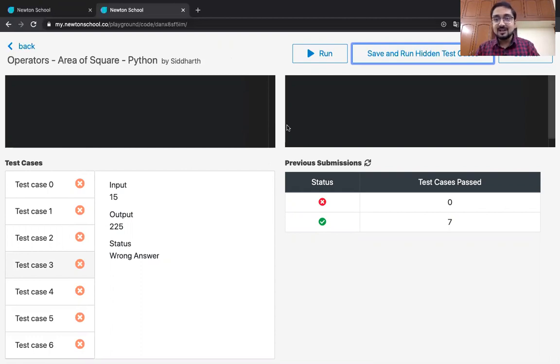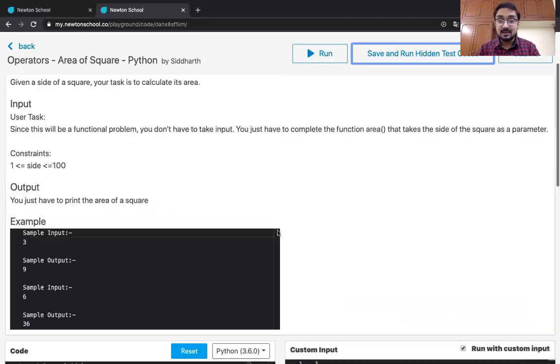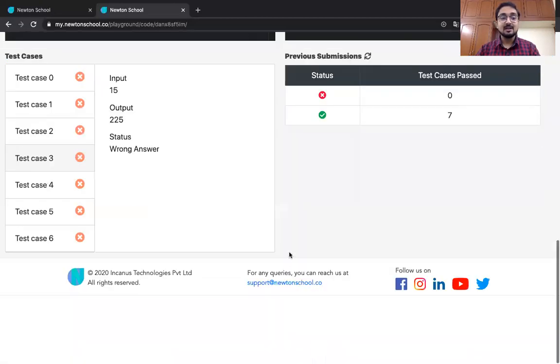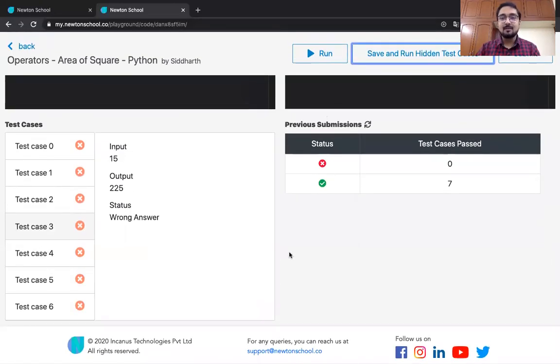Now this interface that you're seeing is what you will get in companies also when you appear for interviews. They'll give you 1 or 2 questions to solve. Those will obviously be a bit harder than what we have done right now. This is just the first assignment. But in those cases, most of the companies consider your problem as solved only when you have passed all the edge cases, all the test cases. Even if there's one wrong, companies might not consider your problem to be solved at all. So this is something that you have to take care of.